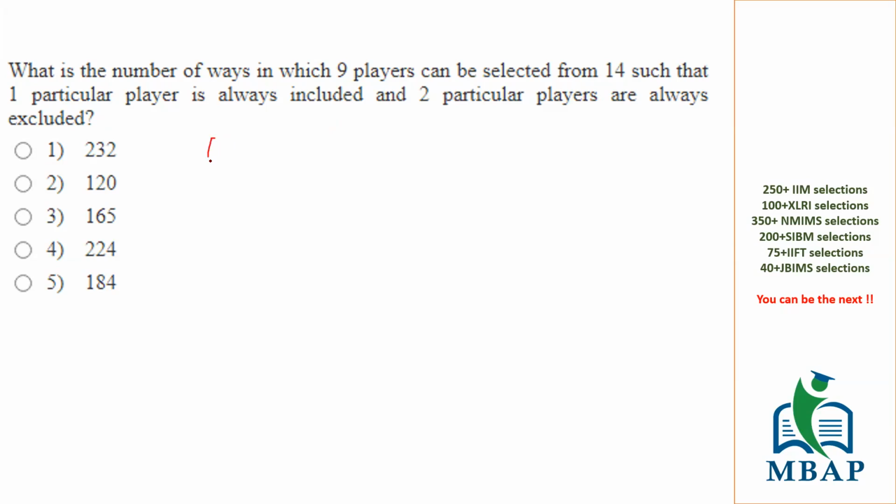So just imagine that you have 14 players with you, out of which one is always selected. Say in a cricket team, you have Kohli, who is always going to be selected. There are two players, say Varun, Arun, and you can say Siraj, who are always excluded from the team. Now, how many players are left? Initially you wanted to make 9 players, but one is already selected, so you have to select